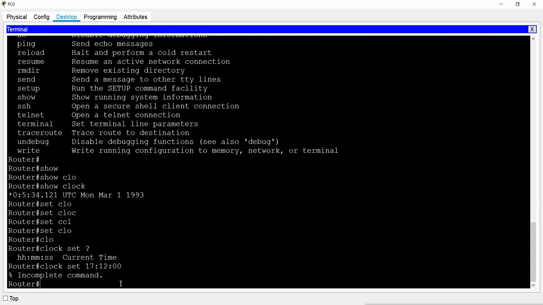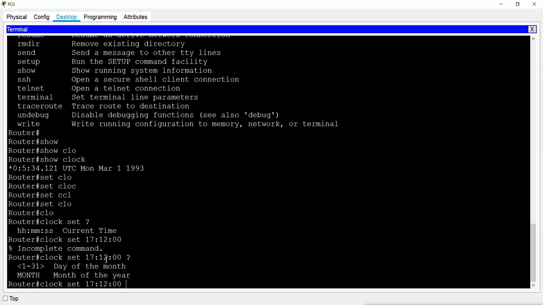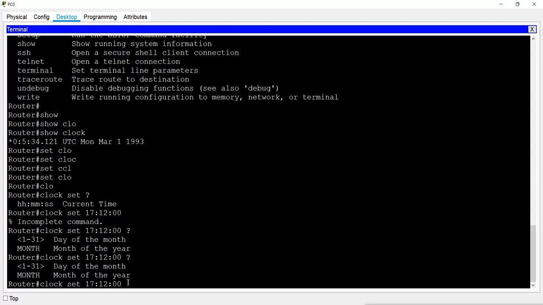Now whenever you see incomplete command, what you have to do, remember, is give a space and then a question mark. If you give the question mark without a space, you will see the next option, but sometimes it will not show that. So give a space and then a question mark, then it shows what option or what command you have to give after this.